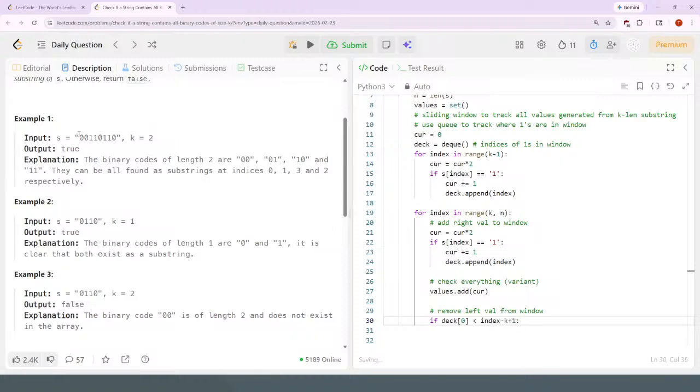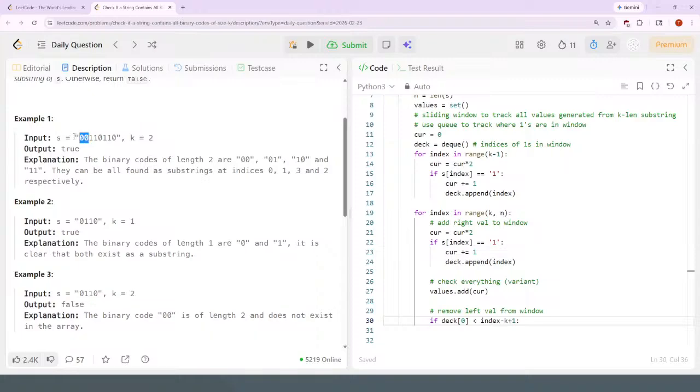So if this is 2, I'm at index 0, 1. I incorporate the 0, and then I incorporate the 0 index 1, and then I need to remove this 0 and index 0. So 1 minus 2, 1 minus 2 is negative 1